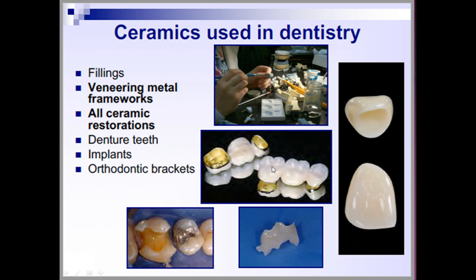So we can use ceramics for these fixed partial dentures. Then we can use them for fabrication of inlays. What you can see over here is an inlay, which is a part of the tooth. It can be used for fabrication of an onlay. It can be used for fabrication of orthodontic brackets. These are the things we use to align the teeth. They are placed on top of the labial surface of the teeth and used to align them. These are known as orthodontic brackets, and those brackets can be fabricated in ceramics.